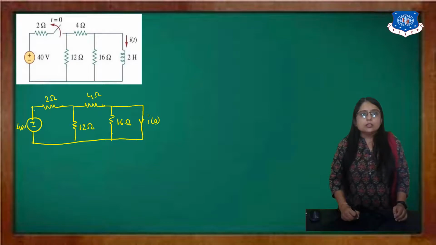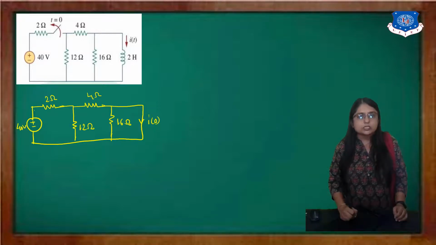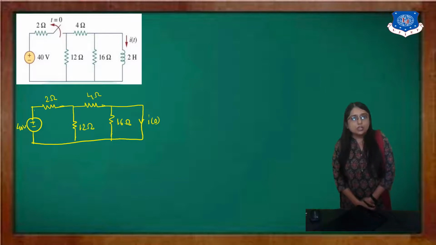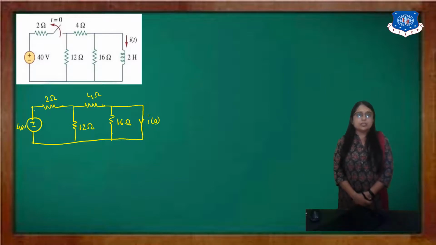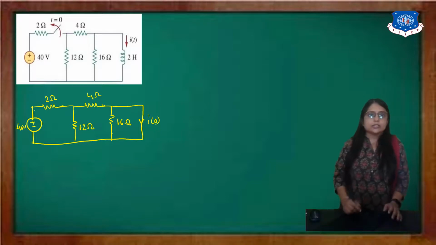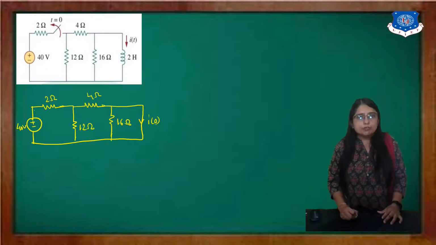Now, see here. Here you have two parallel paths. One path resistance is 16 ohm and another path resistance is 0. And we know that current always takes the 0 resistance path. Remember, this is true whenever one path resistance is 0. You cannot apply it when one path resistance is 1 ohm and another path resistance is 100 ohm. This is true when one path resistance equals 0. So simply you can neglect this 16 ohm resistance.